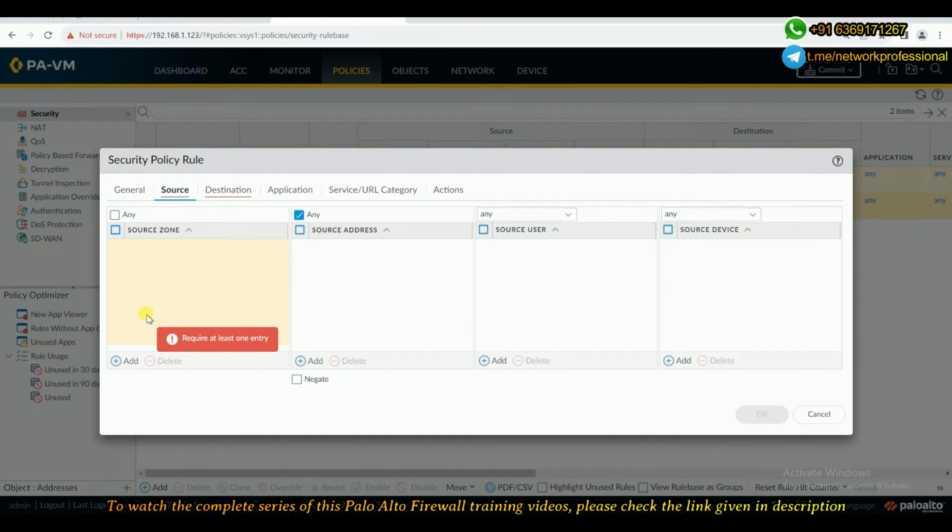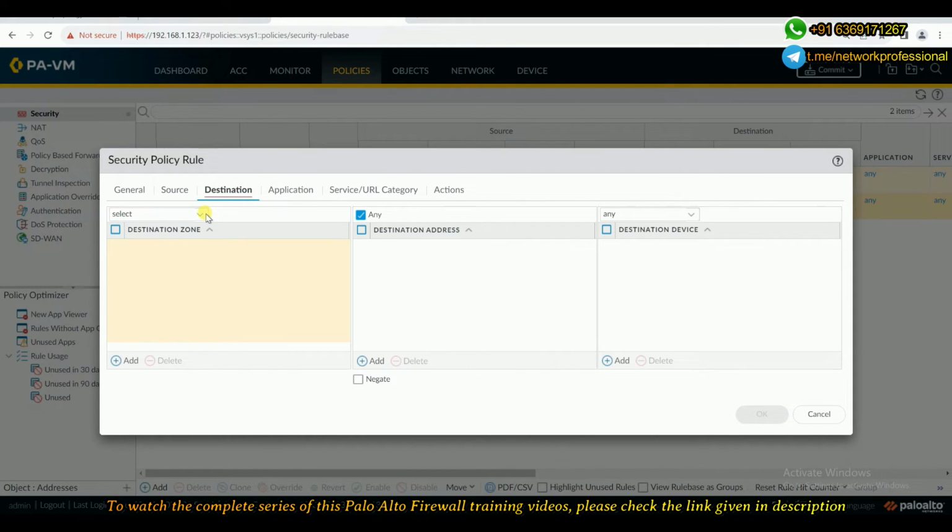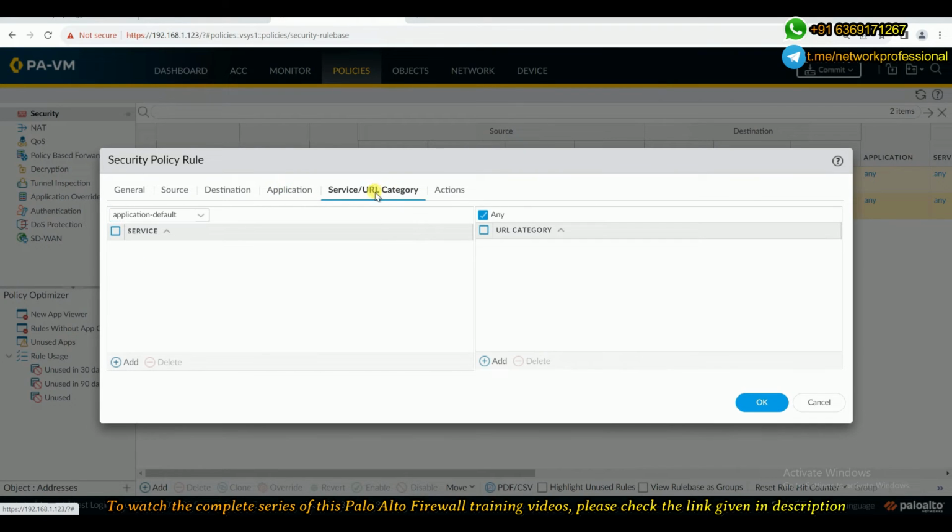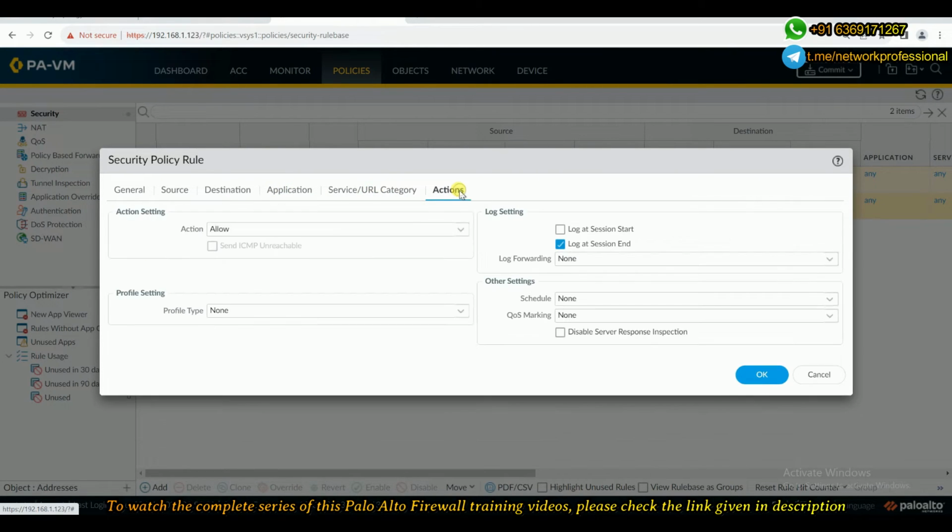All right. So here in the source, as I said, you need to create two, basically in the inline, right? You need to create two so that you can initiate traffic on both the sides. So for that, instead, I'll make it any. The source can be any, and destination can also be any zone. All right. So when it comes to application action,